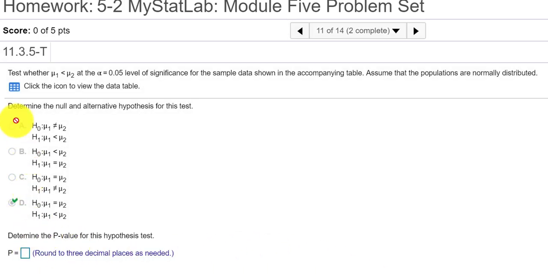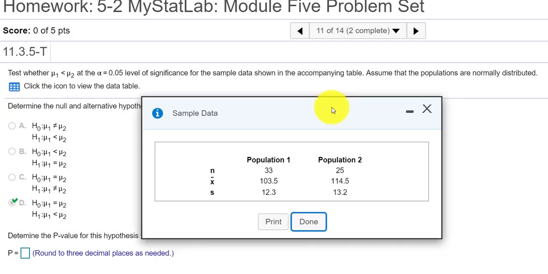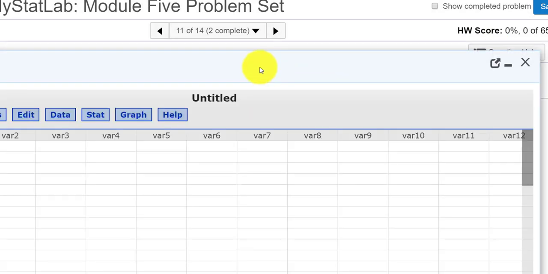Now we have to find the p-value. So I open up my data, and this looks like the data is summarized for us, right? The mean is already provided. The standard deviation is already provided. So to open this up in StatCrunch, hit question help, StatCrunch, and then we can enter